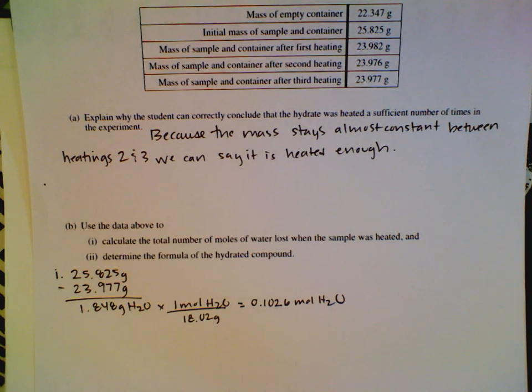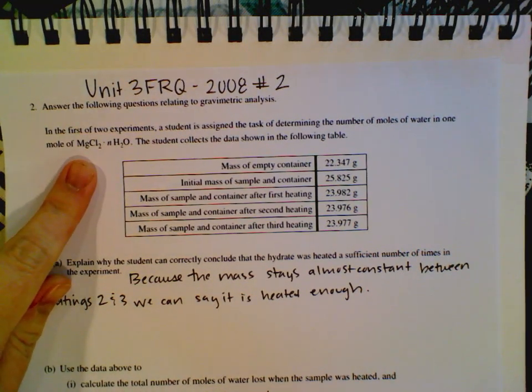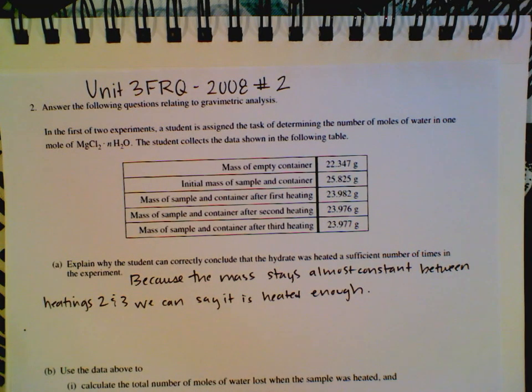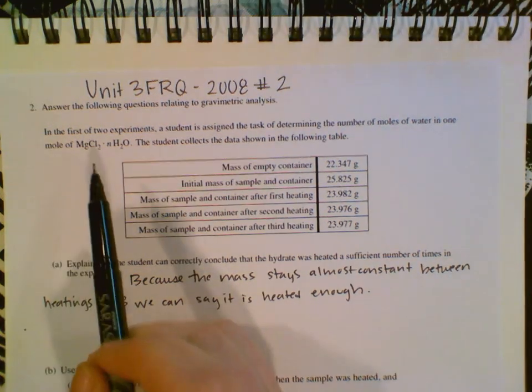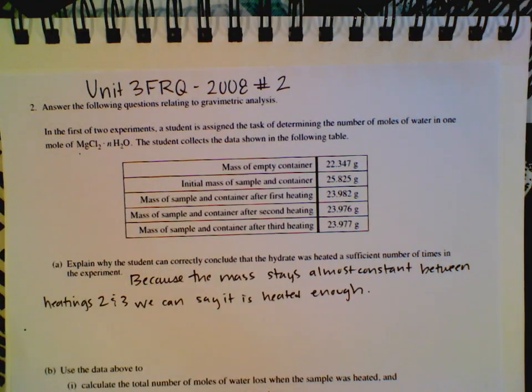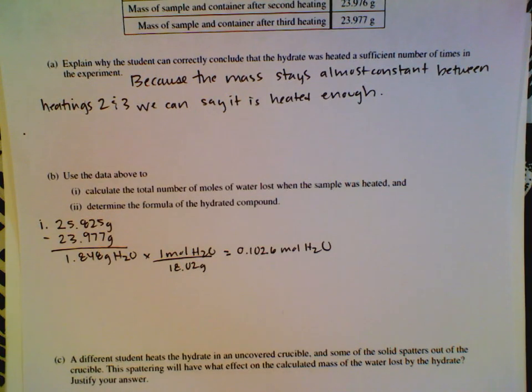B2, though, is a little bit more work, because what you need to do is figure out the formula of the compound. So what we're doing is figuring out the ratio of the MgCl2 talked about earlier in the prompt, and then we need to figure out the n of the H2O. If you remember with empirical formula, we need to do a ratio of the chemical here to the number of waters. So we need to take them and divide them by the smallest number of moles. But that means that we need to find the moles of